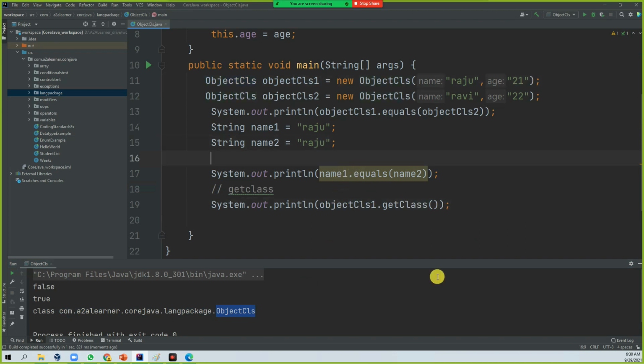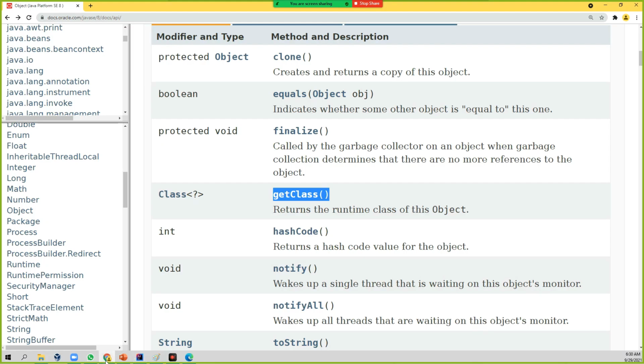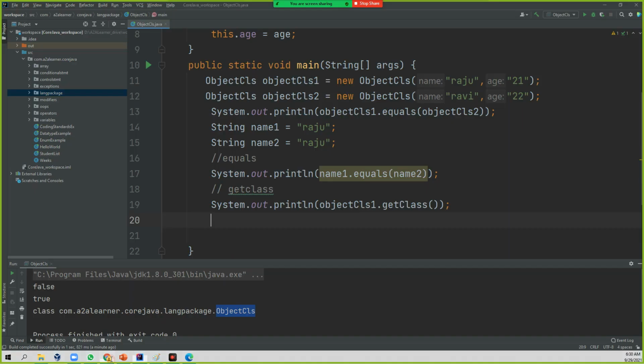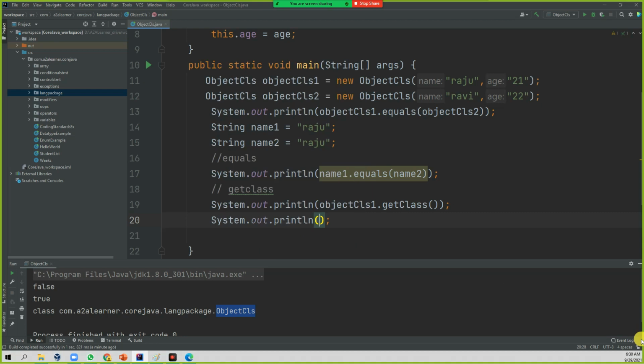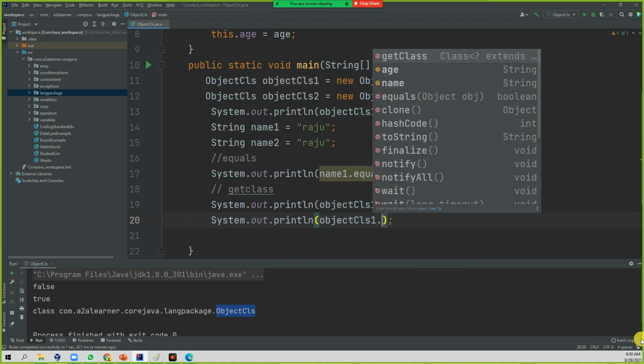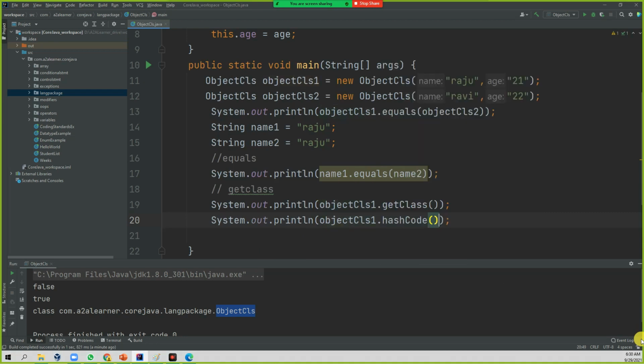So we saw the equals method earlier, and this is getClass. The next thing is hashCode. You can also use it directly: object one dot hashCode.